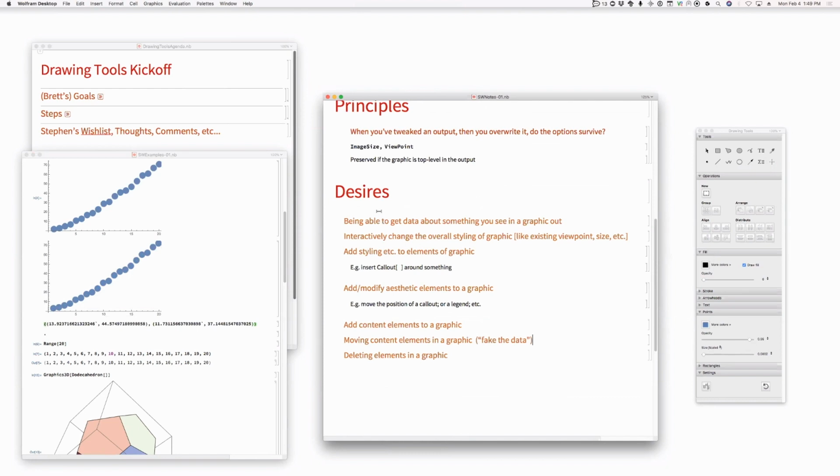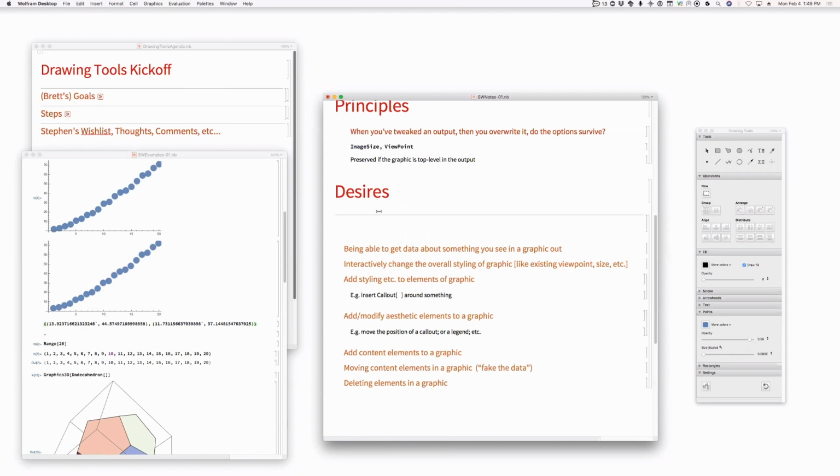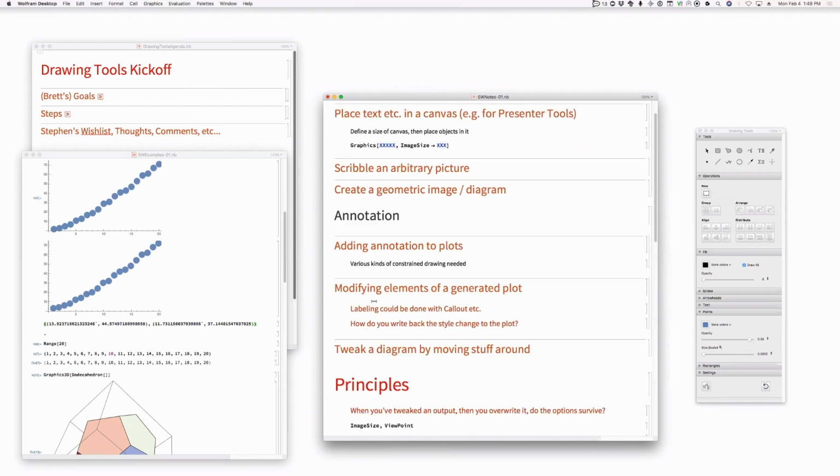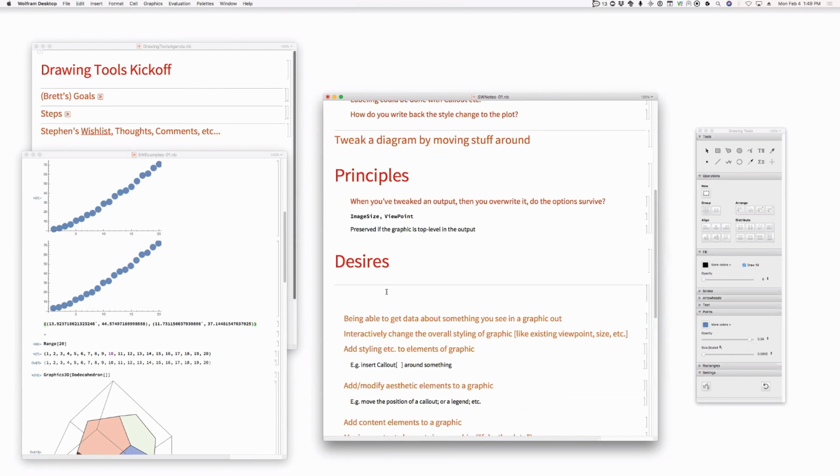So these are all things related to our modifying pre-created graphics or visualizations. And by the way, I don't think we're even talking about